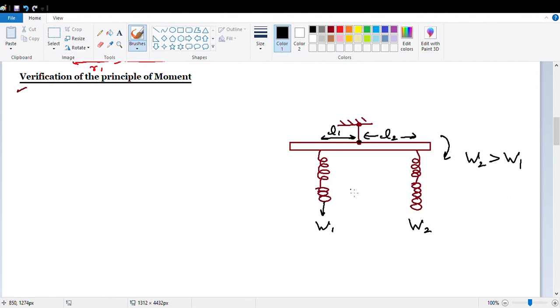Now here what you have to do? Either you shift this spring balance in that direction, or you shift this spring balance in that direction. Understood? What will happen if this side is going downward? That means you need to shift that spring balance in this direction. Then you will find that after some time, when you keep on shifting, this scale will be in the horizontal position, and the state of equilibrium